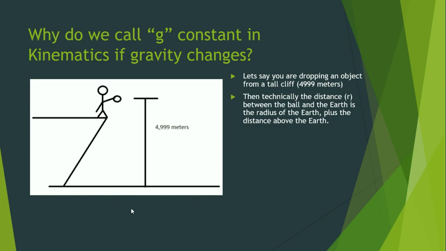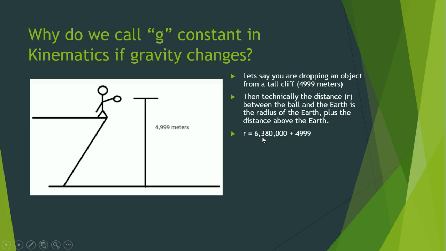And so technically, the distance between the ball and the center of the Earth is the radius of the Earth plus the distance the ball is above the Earth. So our formula for Newton's gravity has the distance between the two objects. And so if we are above the Earth, we have to include the radius of the Earth because we always measure it from the center of mass of the two objects. So we have to count the center of the Earth to the center of the ball. And so the radius is technically the radius of the Earth, which is right here,